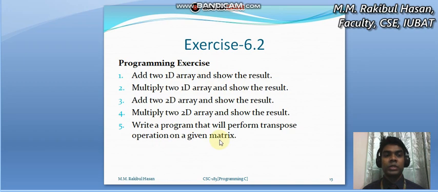So in today's class we are going to discuss one dimensional arrays, how we can add two one dimensional arrays and show the addition result, okay, and multiply two one dimensional arrays and show the result. So let's start our today's discussion. At first I would like to discuss the first problem, that is, add two one dimensional arrays and show